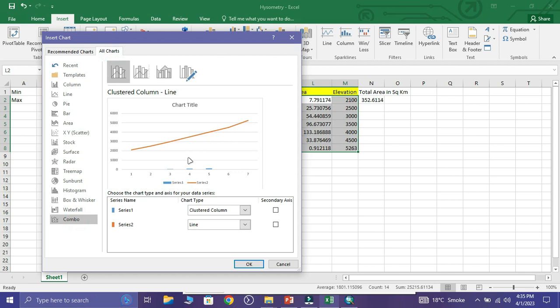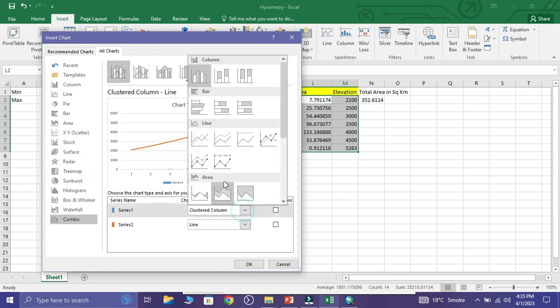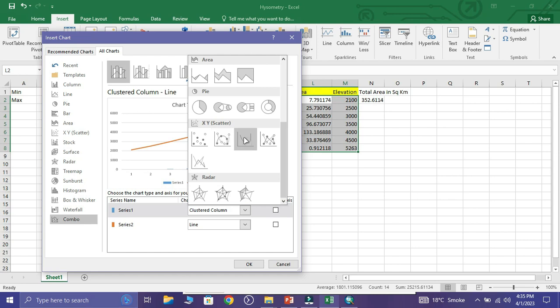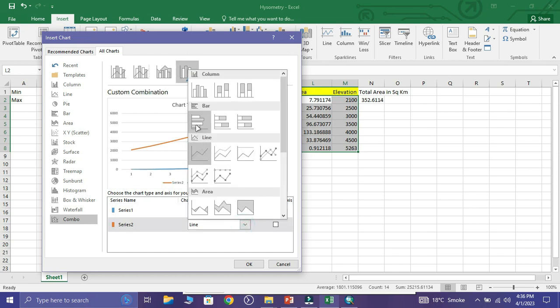Select combo. So here we select the line, and here we select the